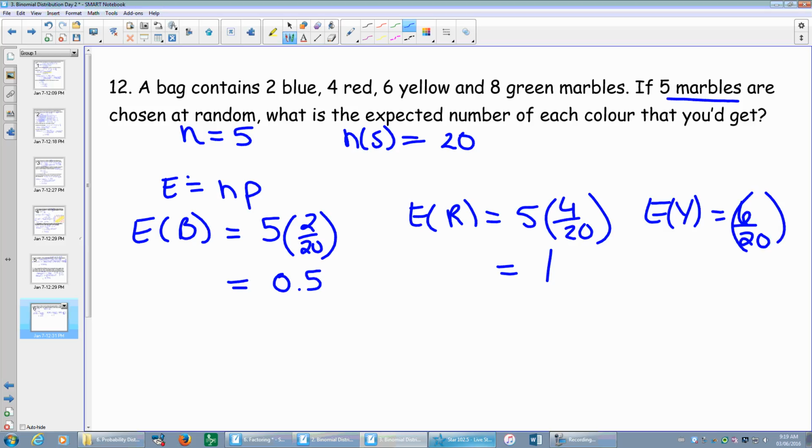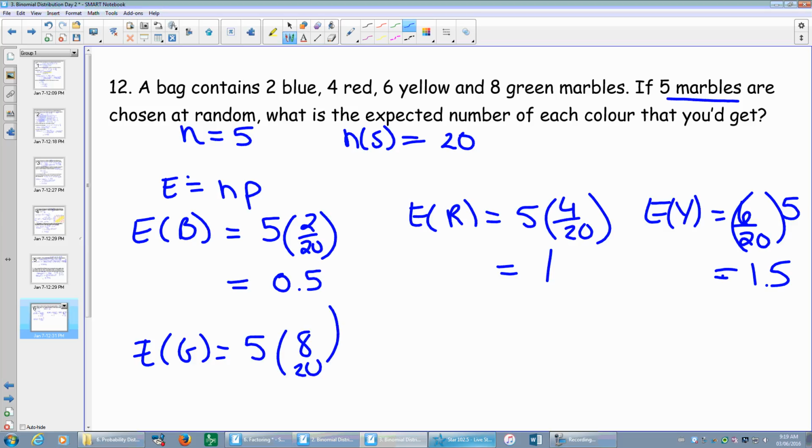Times what? 5, which is the number of trials, which gives you 1.5 marbles to expect. My expected value of green is equal to what, Mitchell? Very good. 5 times 8 over 20, which gives us an expected value of 2. Okay,